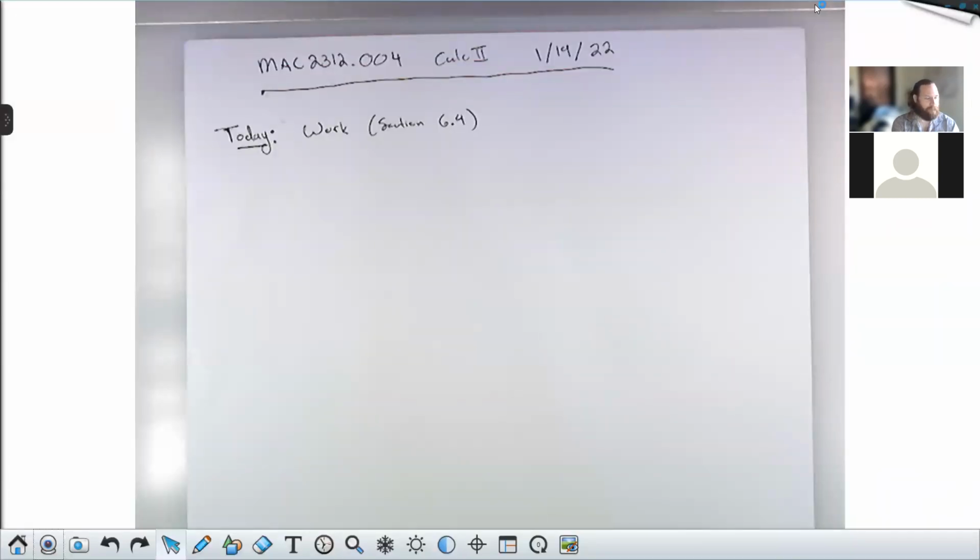Okay. The reason I mention all this stuff between mass and weight is because the classic examples that we're calculating work with have to do with lifting an object, right? The mass of the object, if you want to find the force due to gravity, needs to be multiplied by gravitational